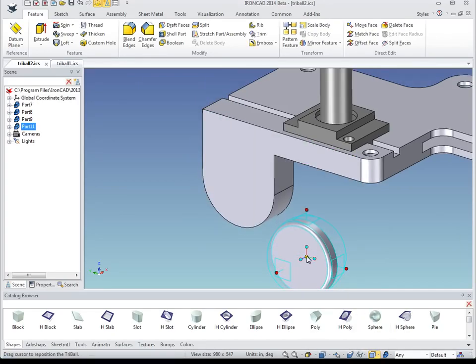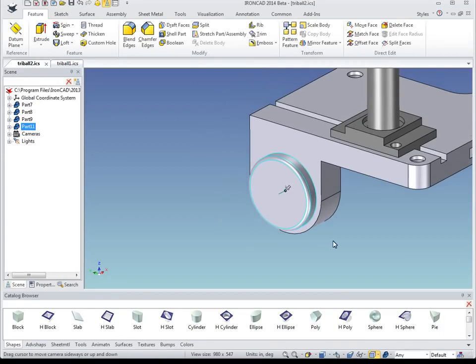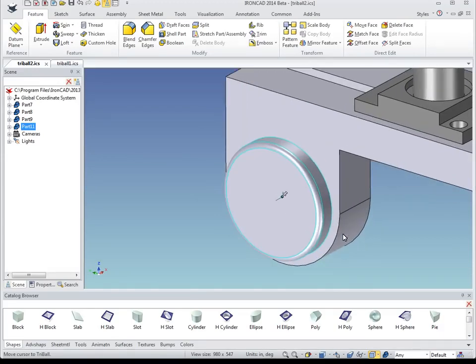And now what we can do is snap to that center point. This time again we're going to move the center of the TriBall, and holding down the shift key, snap to that curved edge, and we'll automatically align into the center. Now the TriBall is not only good for positioning components, it's also good for positioning features and for creating things